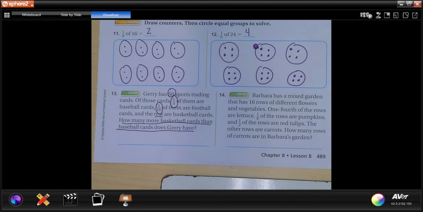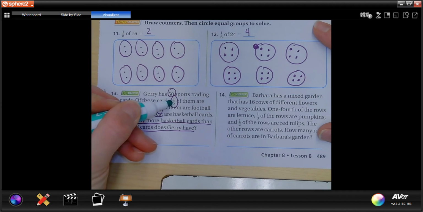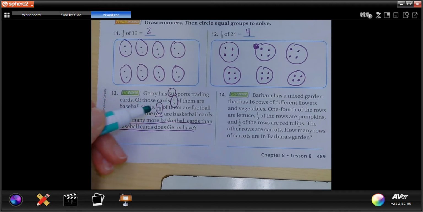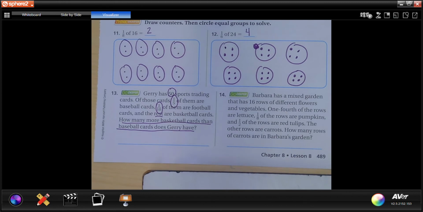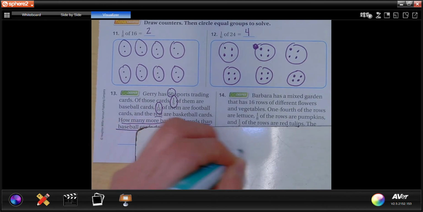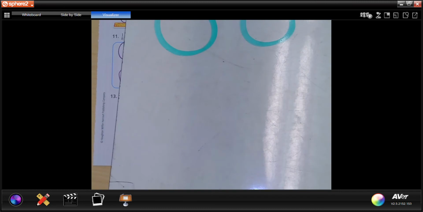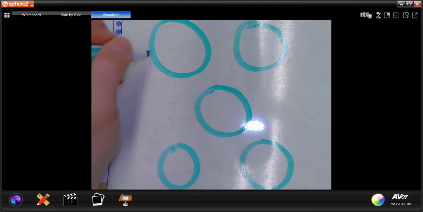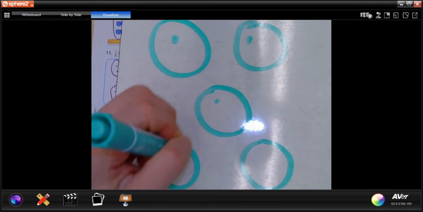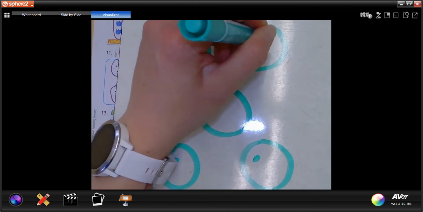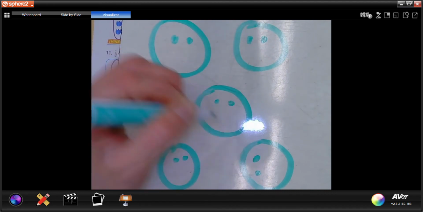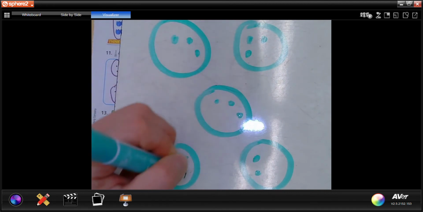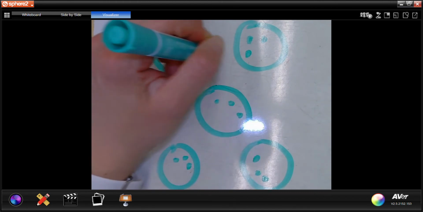So, to find the baseball cards, we know that it's 1/5 of them. So how many equal groups? 5, right? So 1, 2, 3, 4, 5. Now we count out the 50 cards: 1, 2, 3, 4, 5, 6, 7, 8, 9, 10, 11, 12, 13, 14, 15, 16, 17,